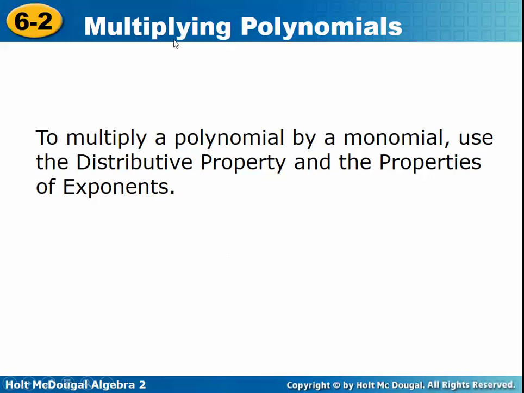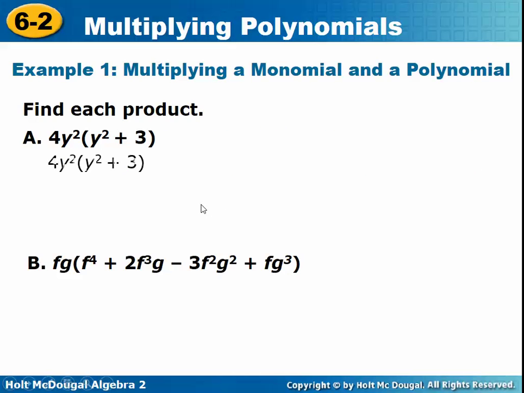To multiply a polynomial by a monomial, remember a monomial has just one term, we're just going to use the distributive property and our properties of exponents. So here's an example. If we have 4y squared times y squared plus 3, that means that we are going to take the term in front, 4y squared times y squared, and then we'll take 4y